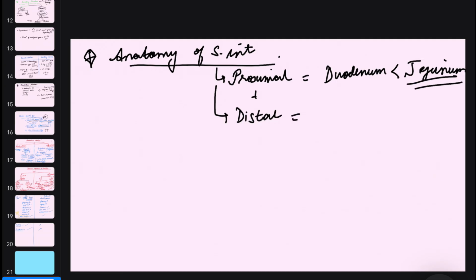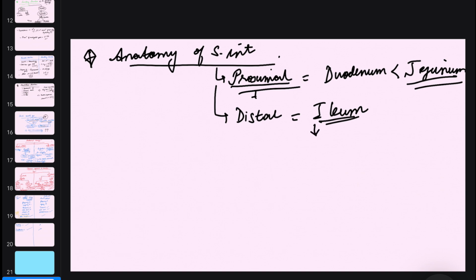Distal small intestine, on the other hand, is ileum, which goes on to connect with the large intestine through the cecum. We know this. So another very interesting thing is, most of the absorption is occurring through the proximal small intestine, jejunum greater than duodenum. Distal ileum, or distal small intestine, which is ileum,